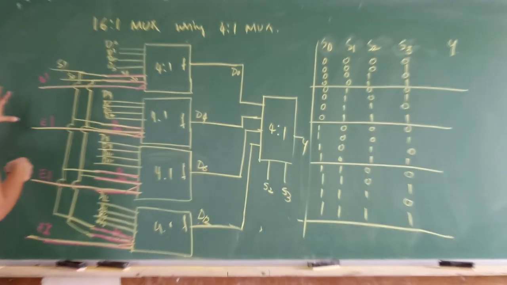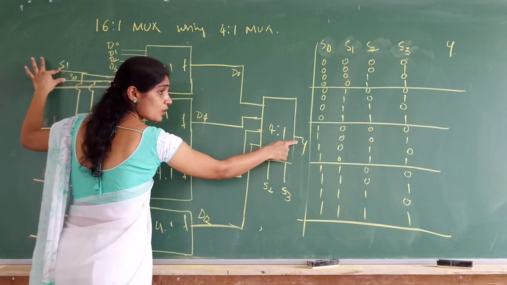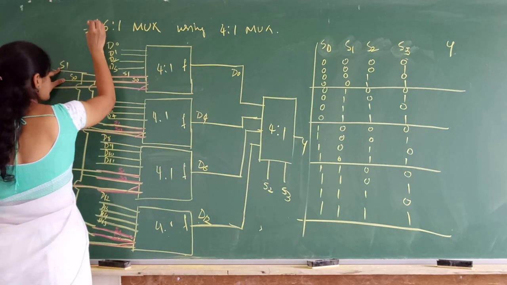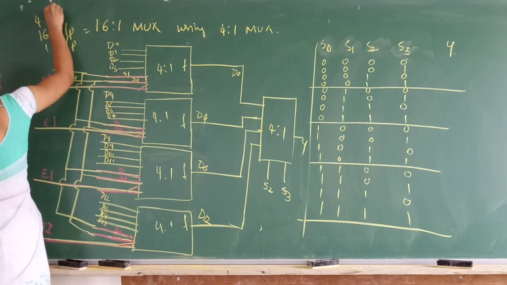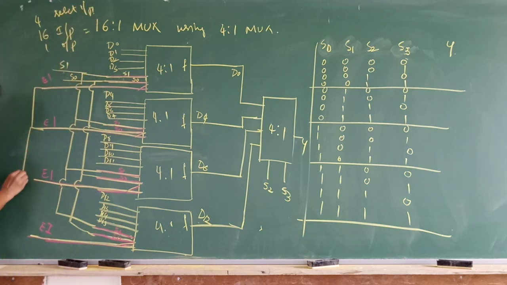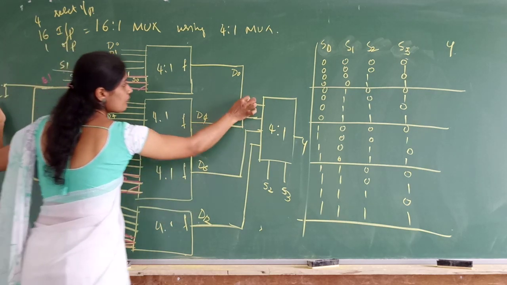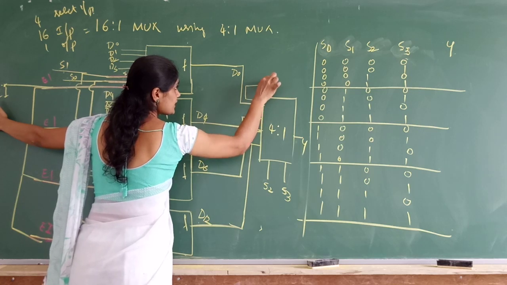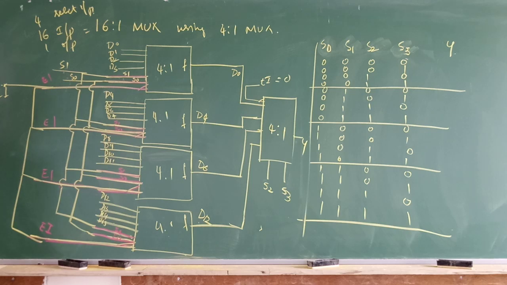Now look at the configuration. 16 inputs, 2 plus 2, 4 select inputs, 1 output. For a 16:1 mux, 16 input lines, 1 output, 4 select inputs. Okay, and enable input, all these are shorted. And this is called as enable input, and it will be given logic 0. For this also we will have one more enable input, that also will be always connected to 0 as we want all the 4:1 multiplexer to be active. So now what happens?